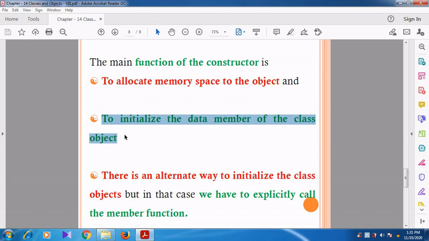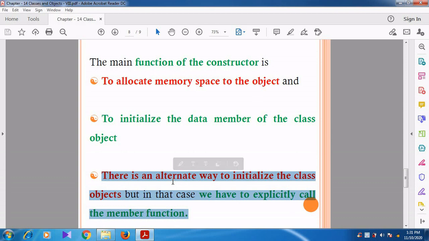Then there is an alternate way to initialize the class object, but in that case we have to explicitly call a member function. The constructor does this implicitly, initializing the class object automatically, but we can also do the same thing in an explicit manner through a member function. But in that case we have to explicitly call the member function.